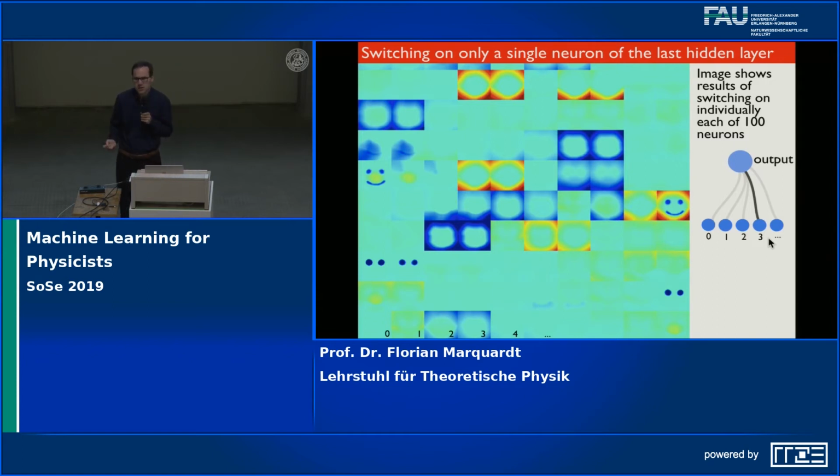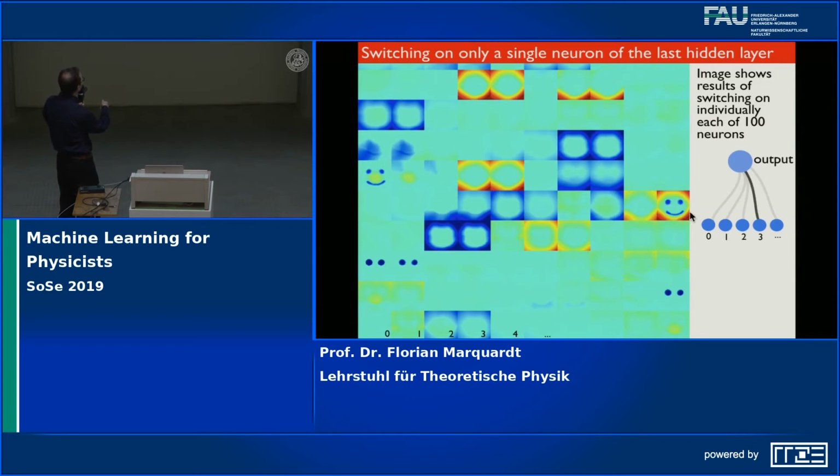In principle, you could get a complete mess. But this is not what happens. So what I've plotted here is the images that are generated by such a modified network. There are 100 of them because I can switch on individually any one of the 100 neurons in the last hidden layer in this manner. So there will be 100 different neural networks that I have produced by this trick. And you see that sometimes they are already pretty good. So you see, there is one neuron in the last hidden layer, let's call it neuron number 3, for example, as shown here,